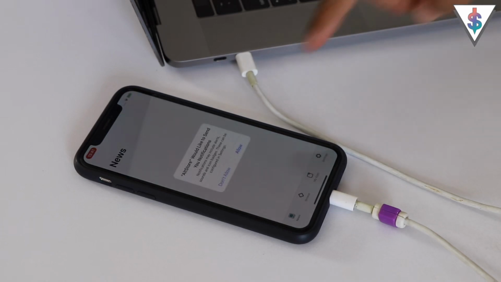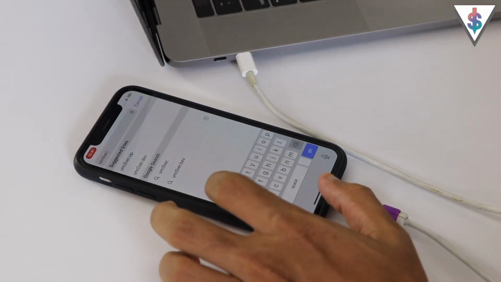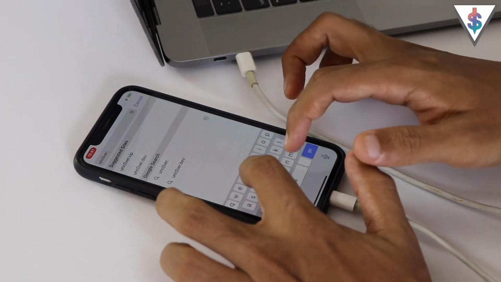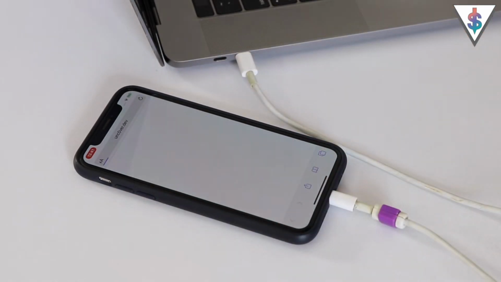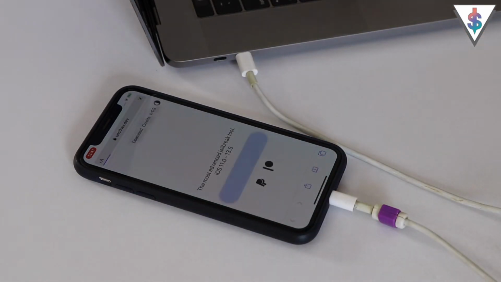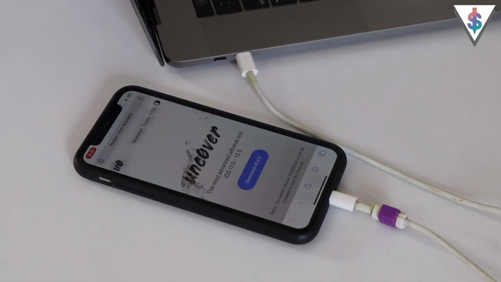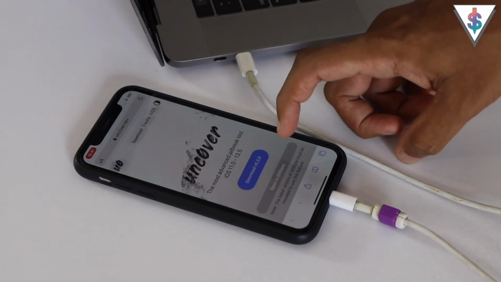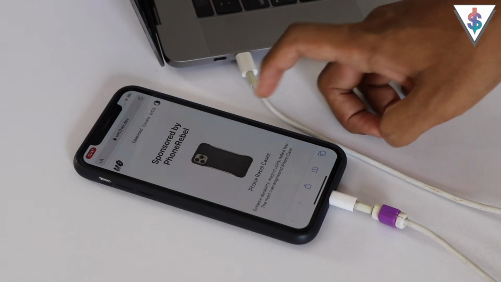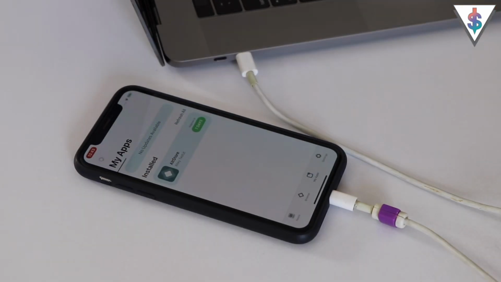Next thing you need to do is open up your browser and go into uncover.dev. I'll have all these links over at the written article at androidall.com, so you can find that link down below in the description. Here you need to just go ahead and simply hit on open in AltStore, and then you need to just let it load. You can see a loader at the top.